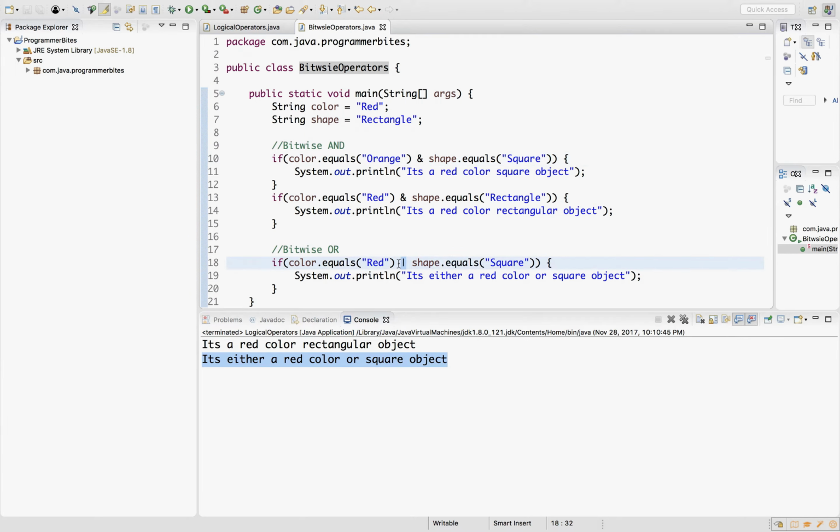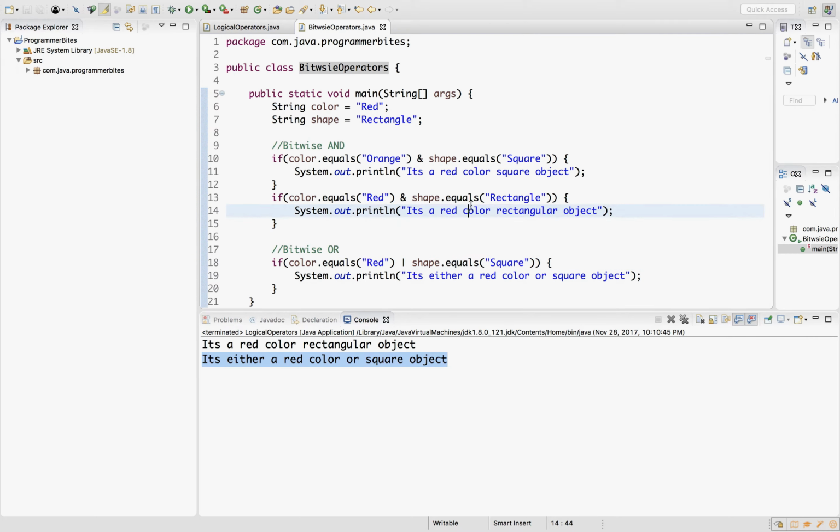Bitwise OR operator checks all the conditions even if the previous condition evaluates to true. Simply, both bitwise AND and bitwise OR check all the conditions unlike logical AND and logical OR.